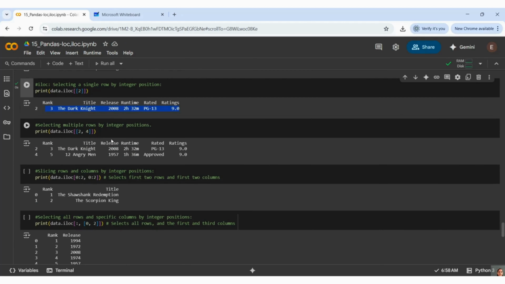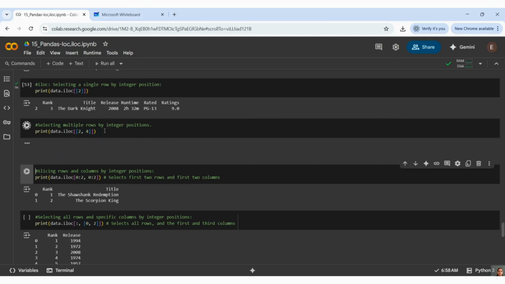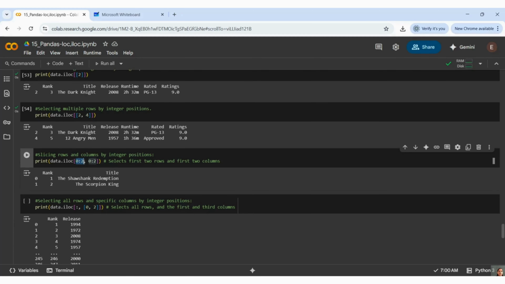Now let us see how I can get multiple rows at the same time. These are the indexes I have passed. I have indexes 2 and 4, and I'm getting my output of 2 and 4, right? In the before example we have not seen slicing, but here with iloc it is possible to get slicing. Here my slicing is going to give me 0 to 1, the 0th row and 1th row, and for columns the 0th column and 1th column.